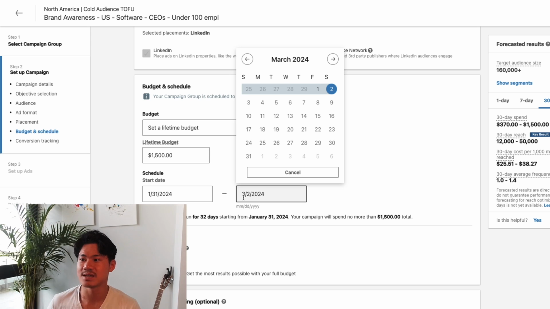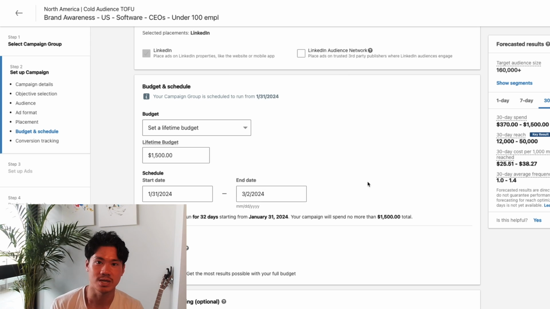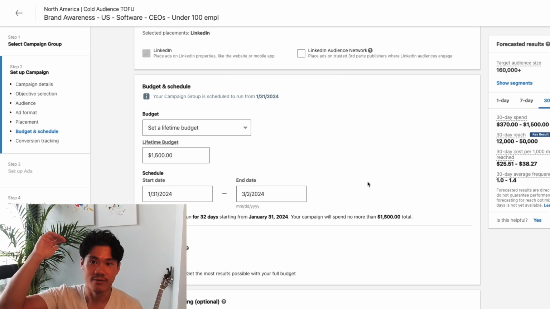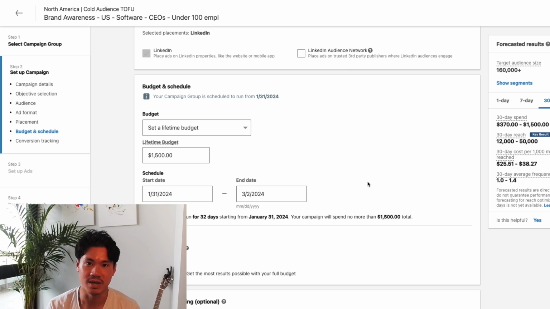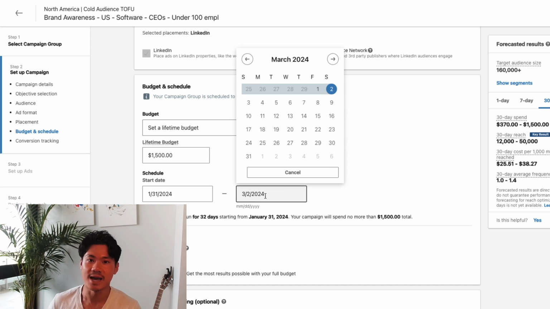So I would say that the lifetime budget is more of like a security check so that at a certain point, you just freeze your campaigns, and in that way, you're giving yourself a little bit of a safety net in case you just forget about things. You can also just define an end date as well if you want a campaign to be specifically coming to an end on a particular date.